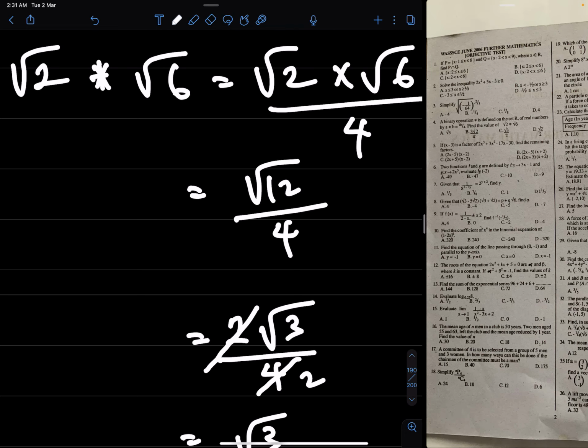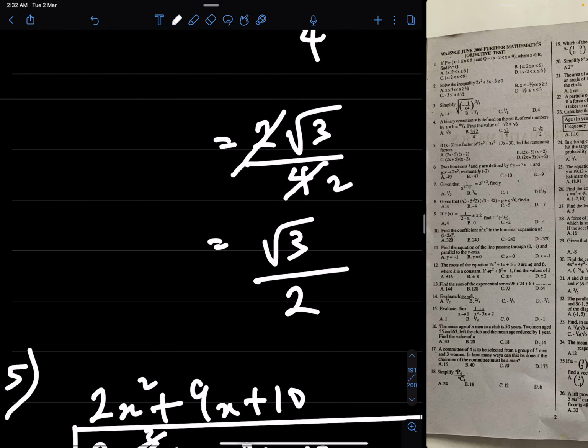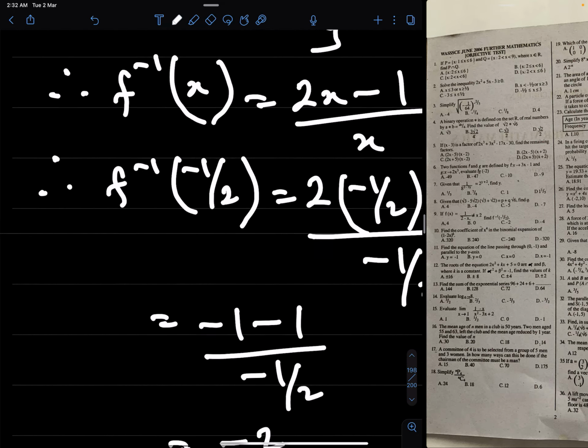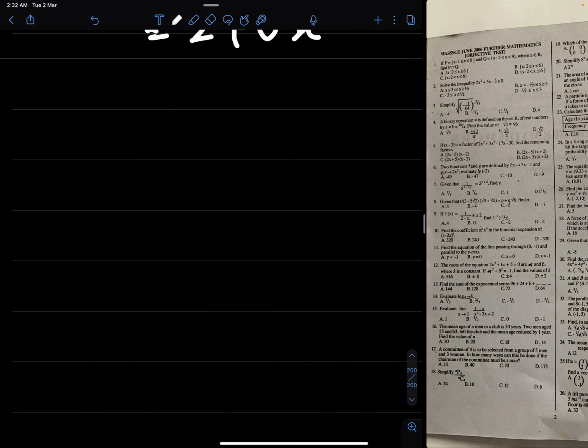Now, welcome back, everybody. Continue with the past questions, and the next, this is Further Math 2006 WASSCE. Now the next is number 12, and let's go straight to that. Number 12 says